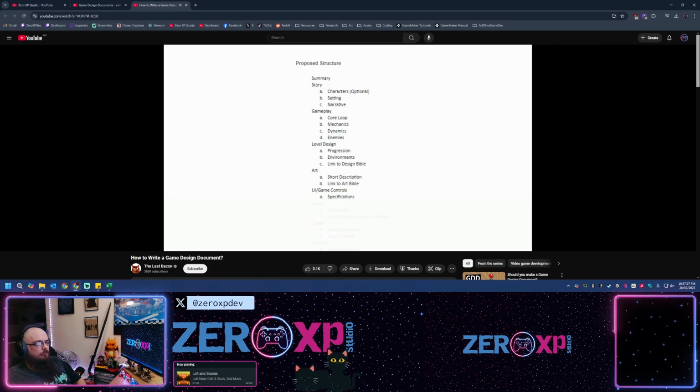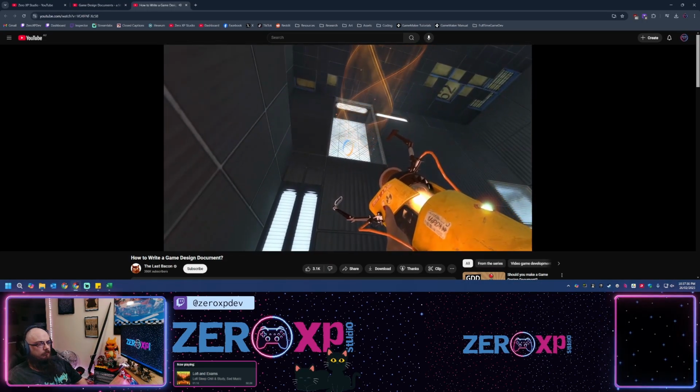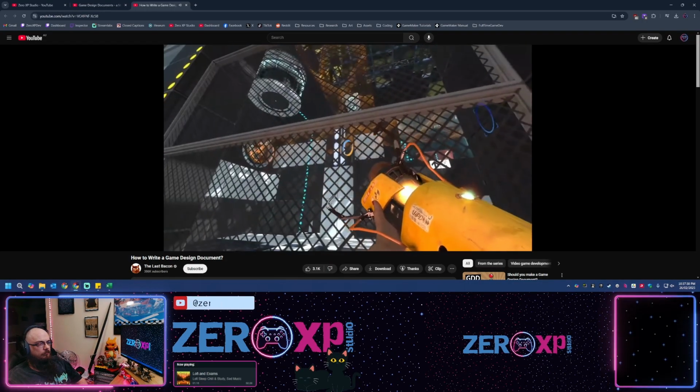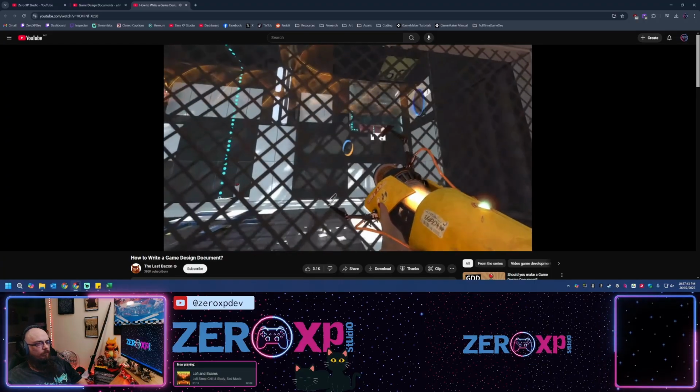Next up, we already have the looks and the feel, so you should talk a little about the audio, describe it, how does it help convey the atmosphere, how will it be integrated into the game system, are there any new technologies being used. Of course, this can once again also link to a separate audio design document.